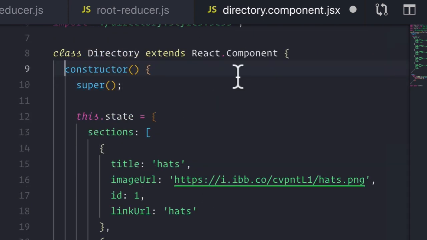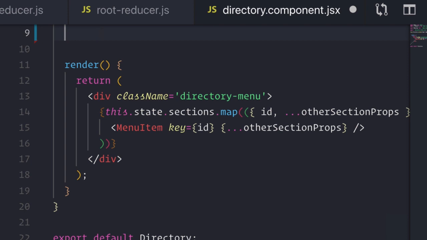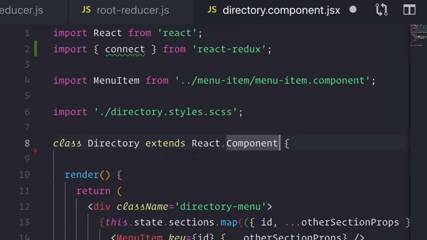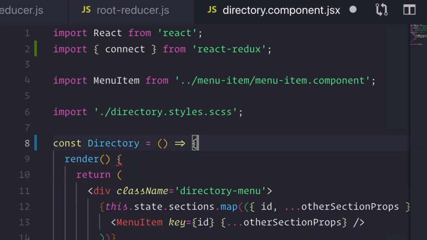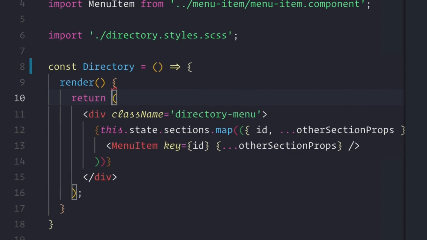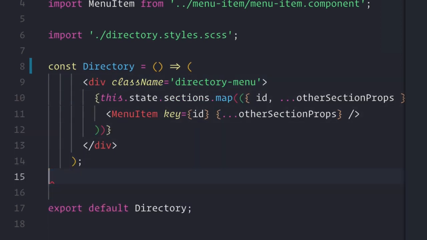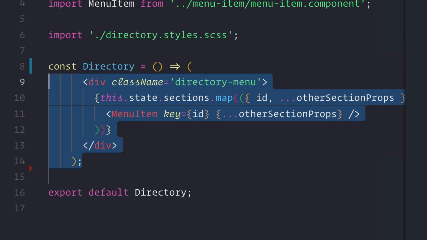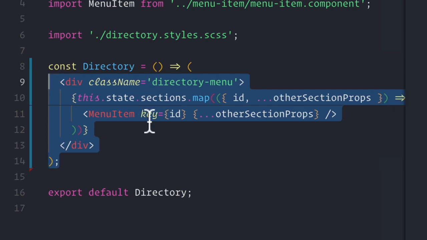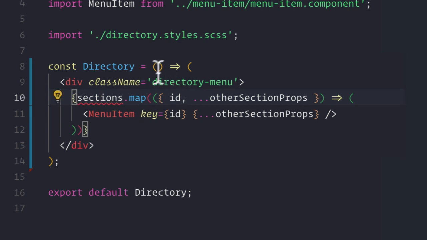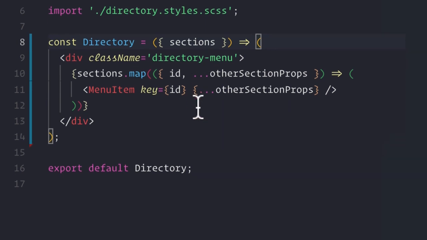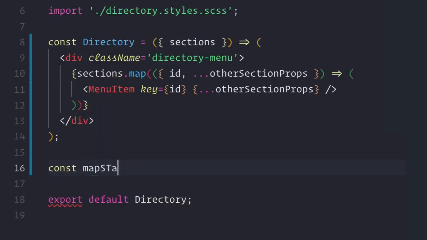Because we don't need this local state anymore, we can just render a regular functional component because we don't need access to state. So there's no reason to use a class component. So let's get rid of extra brackets here. And then we'll make sure to pull the sections off of our props that we get in. And then we'll write our mapStateToProps,